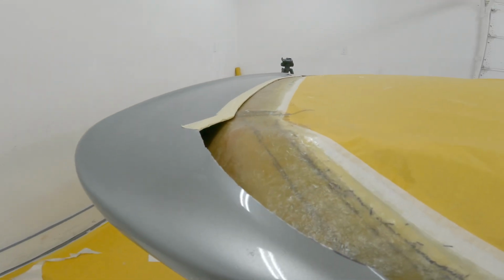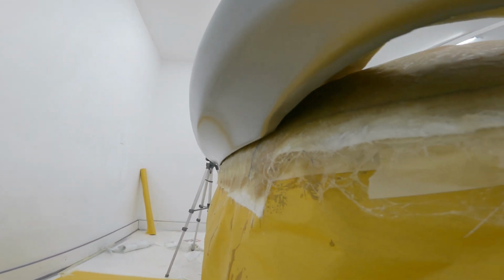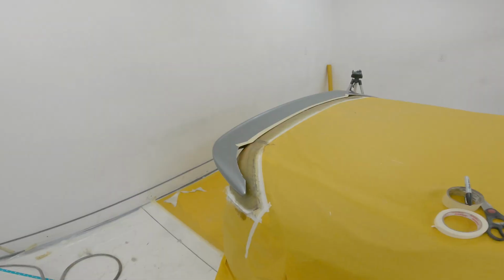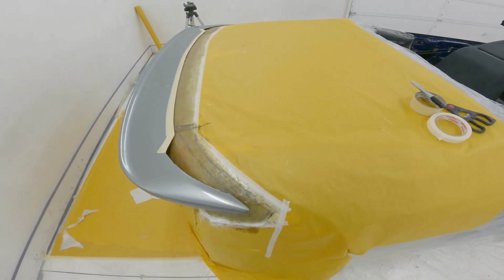And obviously nothing really changed, which is good. So it's still nice and good back there. That could be attached pretty easily. Same with up here. I think tomorrow what I'll do is grind, which sounds like an awful idea, but